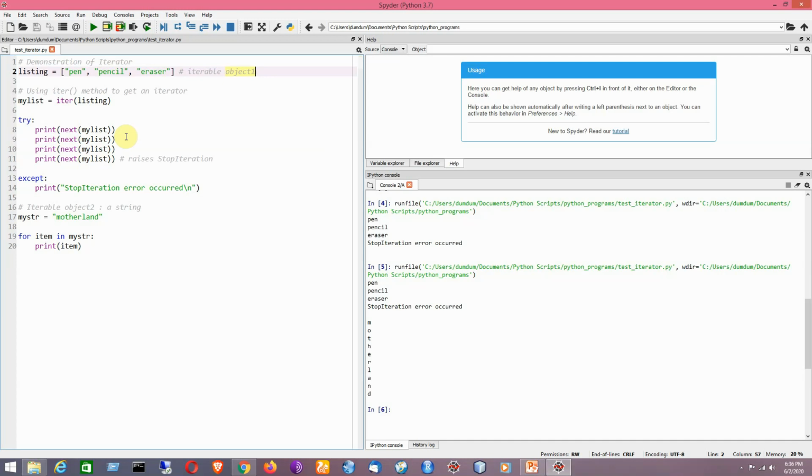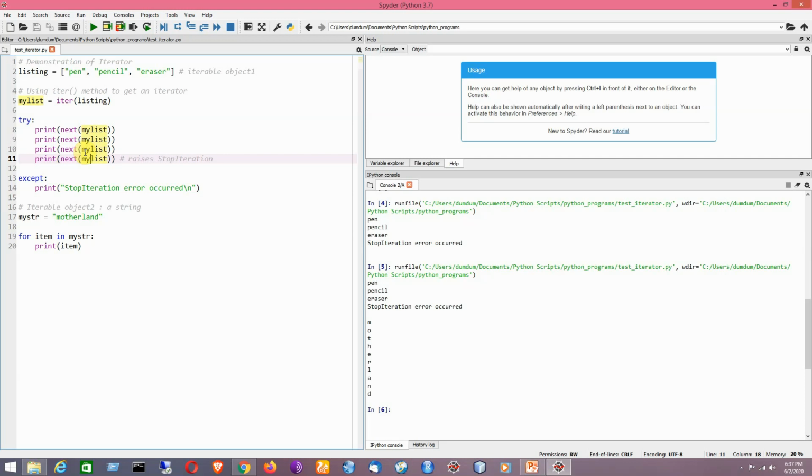Now for list, tuple, set or dictionary, first we have to create an iterator from it by using the iter method. Then we can apply the next method on it to access the elements one by one. So if we are at the end of the list and there are no items after that, it will be raising a stop iteration, which can be taken care of by using the try except combination.